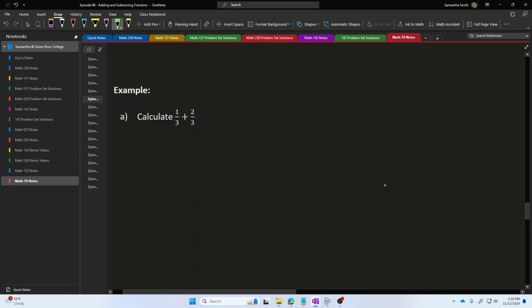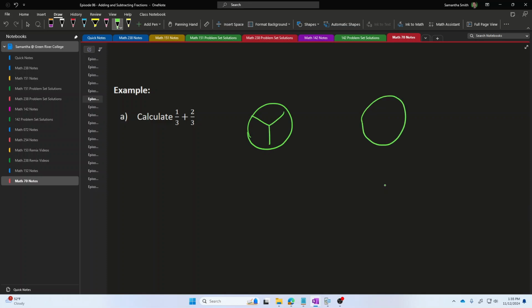Let's represent this problem using a picture. If I have over here 1/3, which I could represent in a picture by taking a pizza, cutting it into 3 pieces, and shading in 1 to indicate that I have 1 out of 3 of the pieces of this pizza. And if I had over here on the side, a pizza cut into 3 pieces, and here I have 2 out of those 3 pieces, 2 out of 3. And if I add together this 1 piece and this remaining 2 pieces, then in total I would have 3 out of those 3 pieces of the pizza.